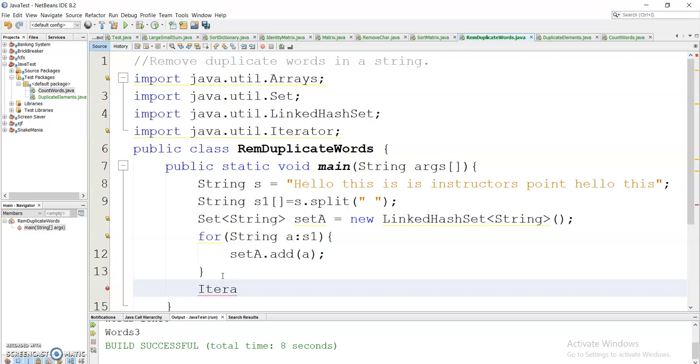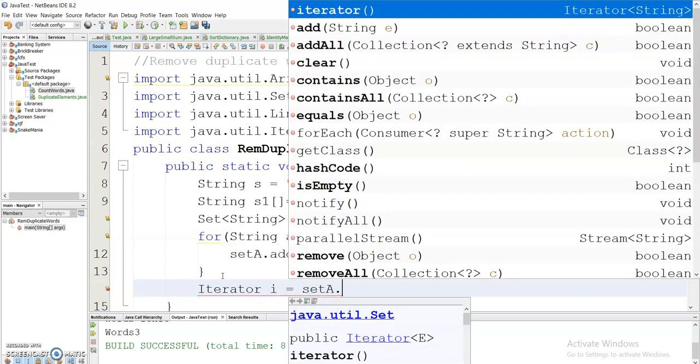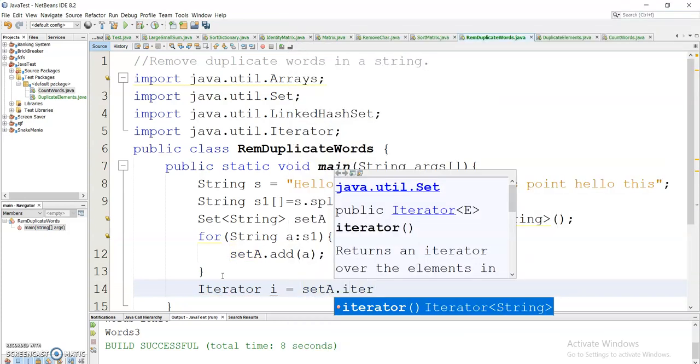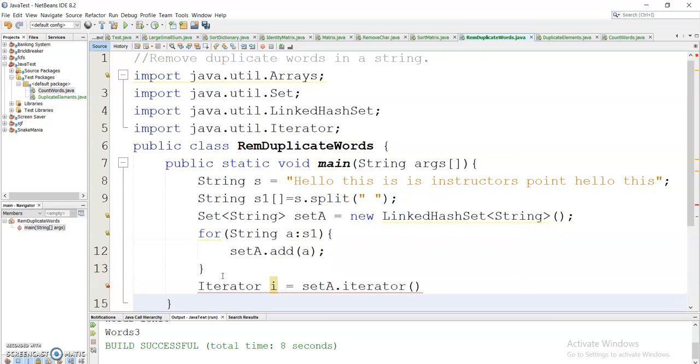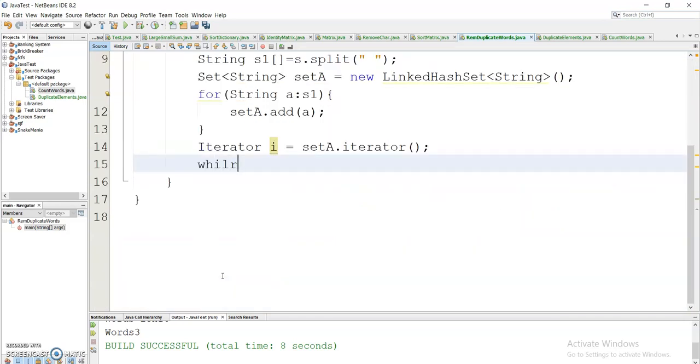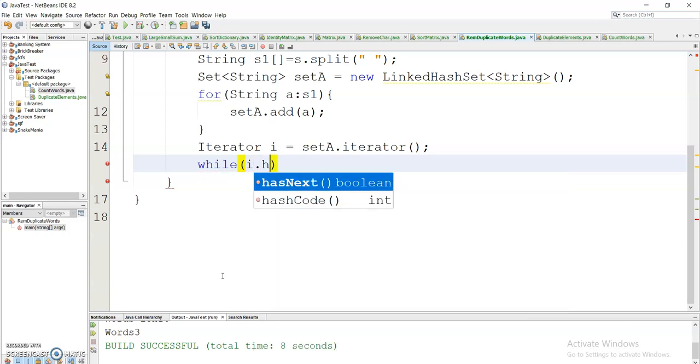So Iterator object i equals set a.iterator, because I want to iterate over the elements of set a. Now I will write a while loop: while i.hasNext.